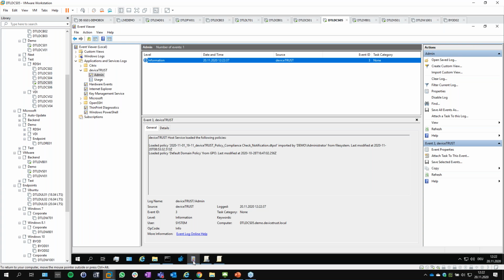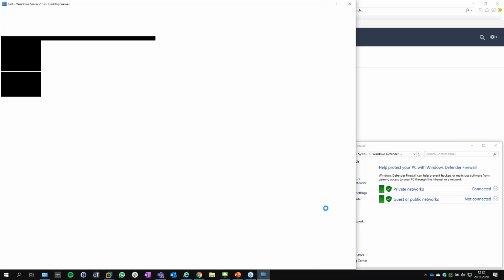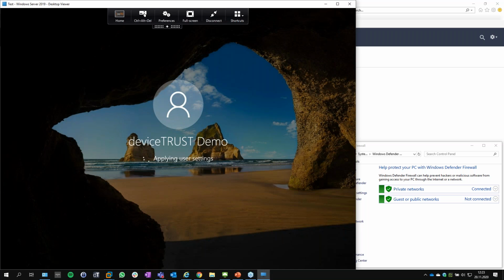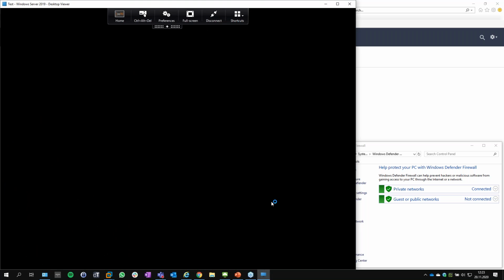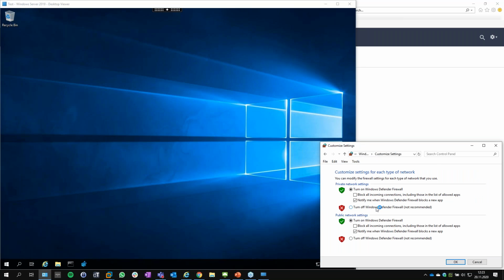And if the user is now signing in to this environment, which we are configuring right now, this policy is immediately active, and I can use it. And this, as said, is a new way how we can manage and deploy device trust policies down to the endpoint, to the target systems. And this policy is doing a compliance check,